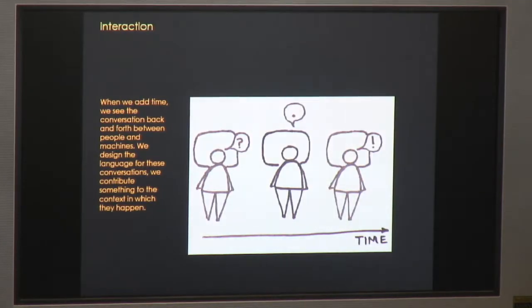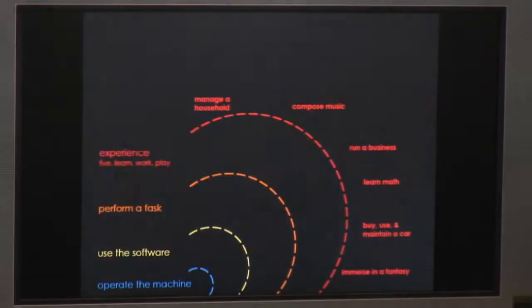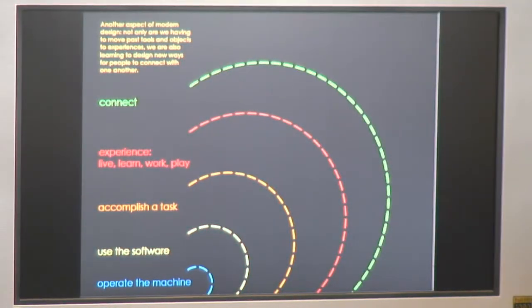So this leads to what we talked about last time, how the interaction is more about designing a conversation between computers. This is where a lot of technology development is now, this fourth stage. But there's a couple more stages as well. One is this notion of connectivity. In the last decade, devices have become highly connected.